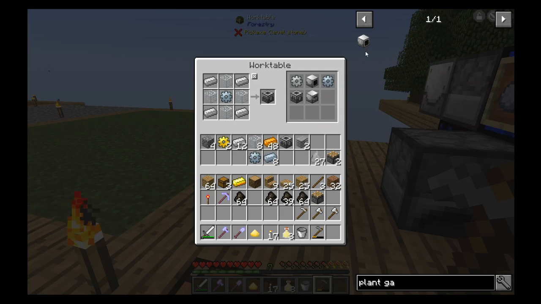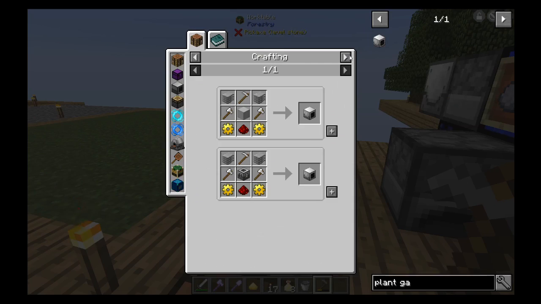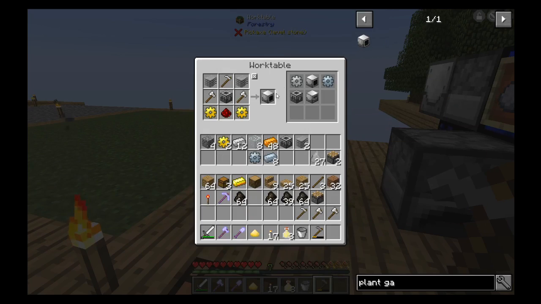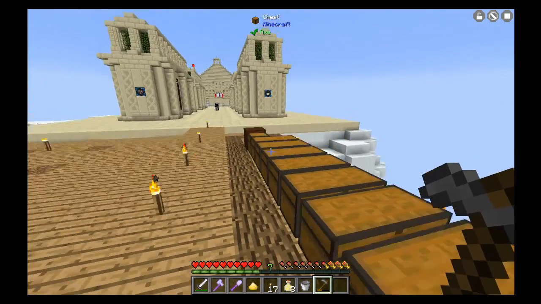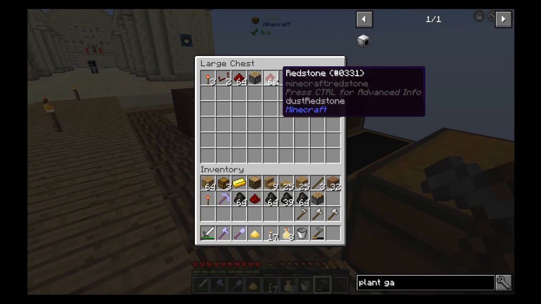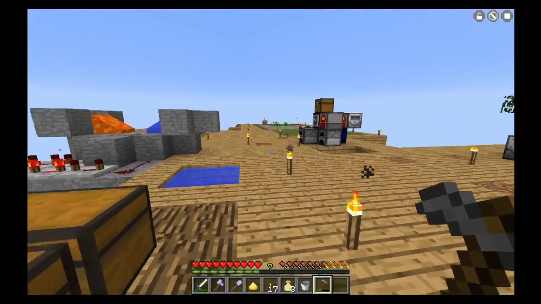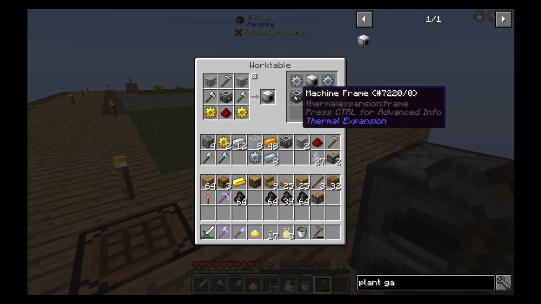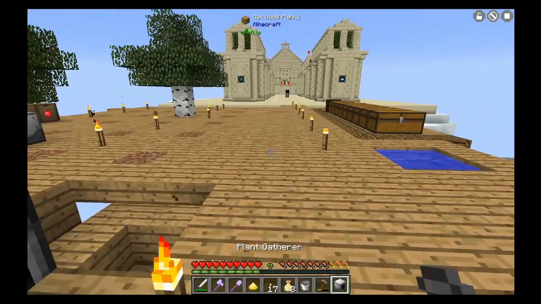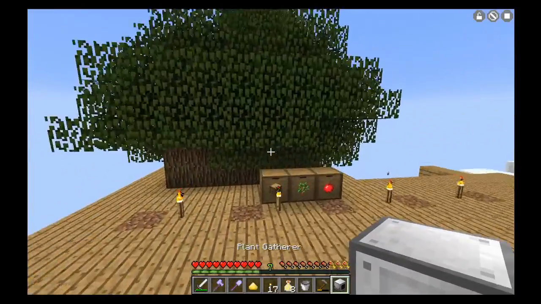All right. So now that we have that out of the way, now we can go ahead and make this, I believe. Right? Oh my goodness! I just need some redstone. Hopefully, I just need some redstone. Come on. Oh, yeah. Yep, there we go. Aha, yes. So now that we have this...